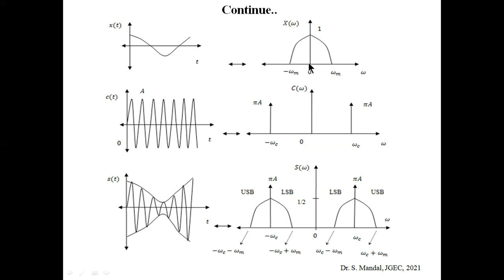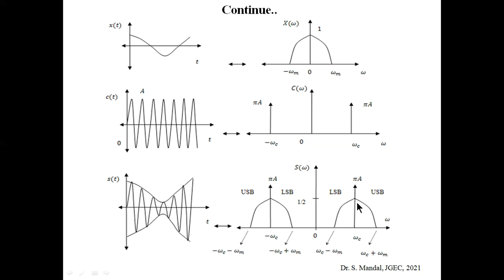Okay, because you can see that the spectrum of x(t), or X(omega), is symmetric with respect to omega equal to 0. That means all the information lies in between this region or in this region. Okay, so you can see that, what we are telling, all information will remain in between this spectrum.